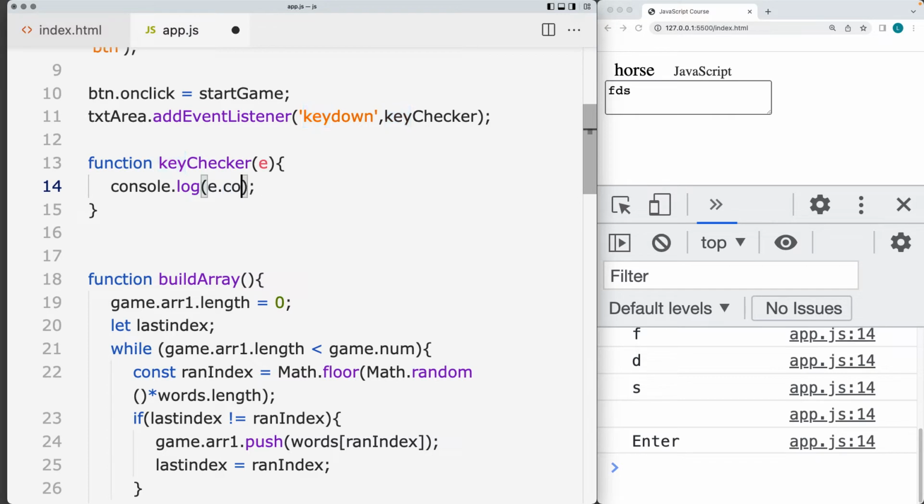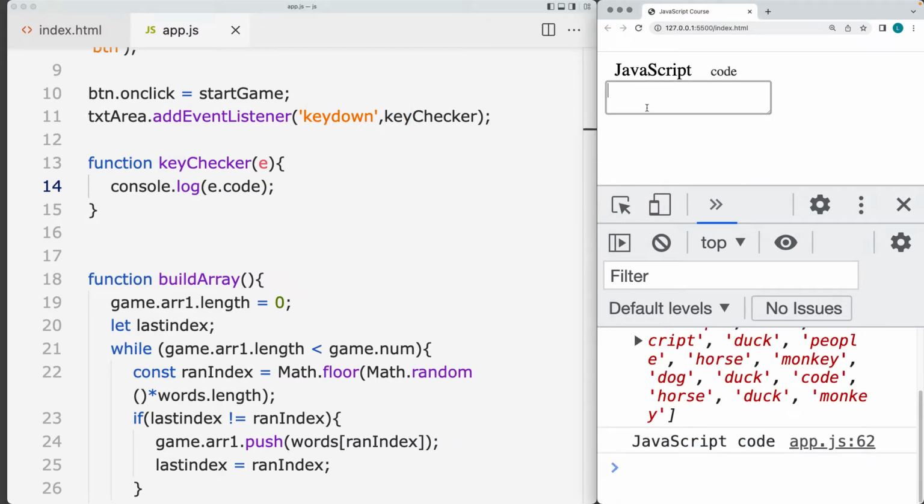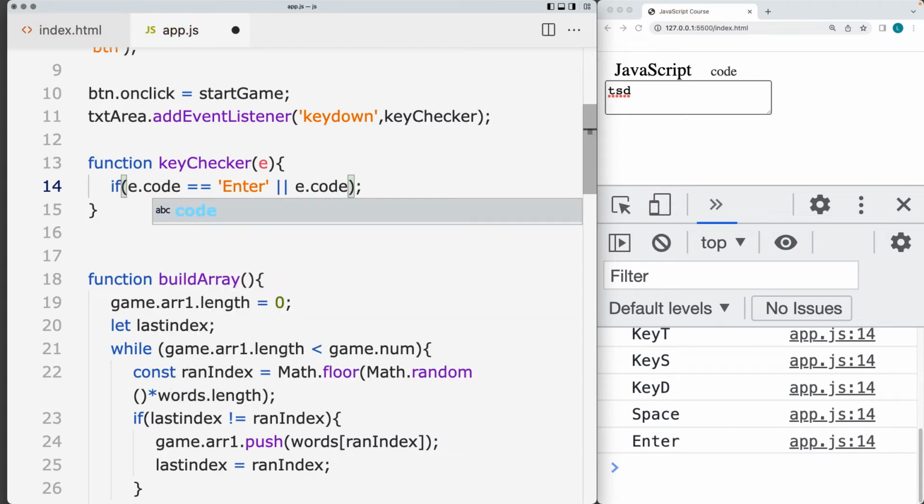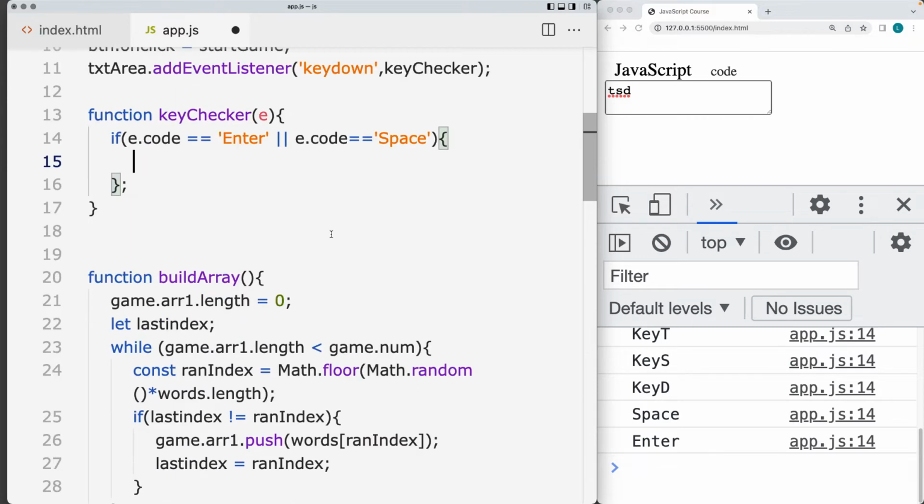You can also get the key code. So there's a number of ways to get the values. So with the space and the enter, those are the two that we want to track. So if the key code is equal to enter, or if the key code is equal to space, then we want to end the word and move on to